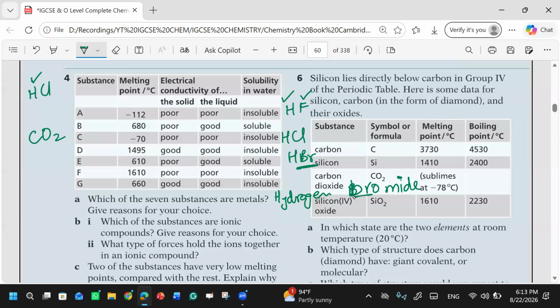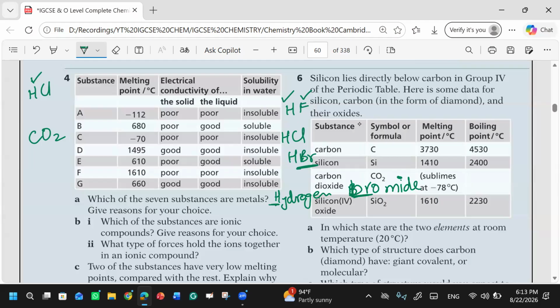And remember, the second species will be written with a small letter. The first species will be written with a capital letter. Clear? This was the case of hydrogen fluoride or HCl. If you have a covalent compound formed by hydrogen and another non-metal, you know hydrogen is non-metal, right? So two non-metals are combining. That is a covalent bond. Among those two non-metals, if one is hydrogen, we will give the first name to hydrogen. Hydrogen will always get the first name in such a scenario.